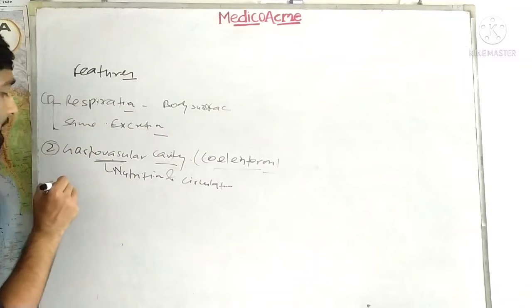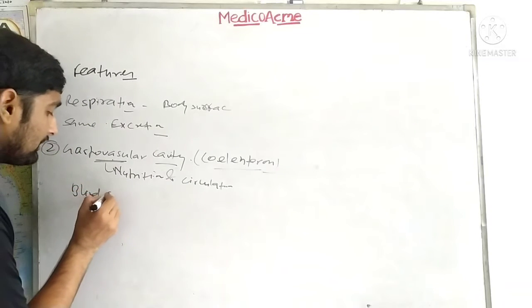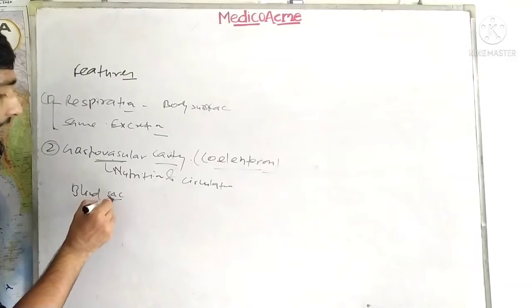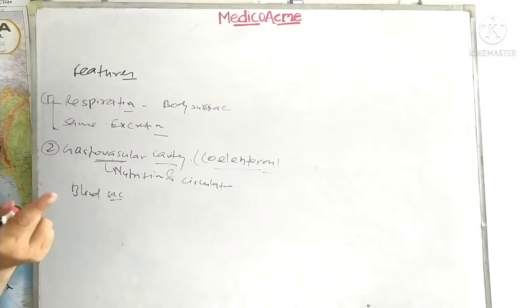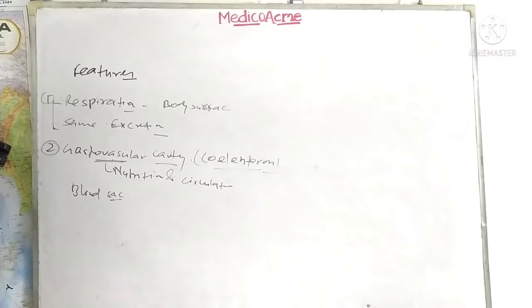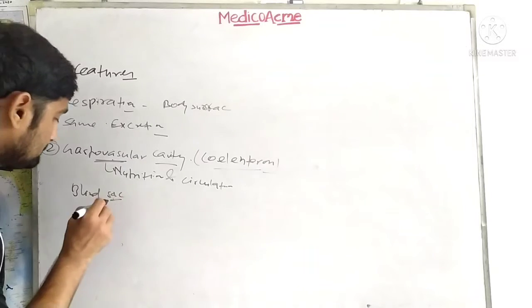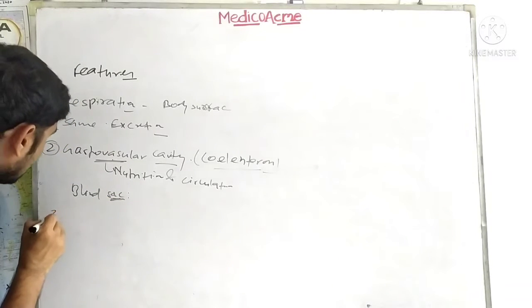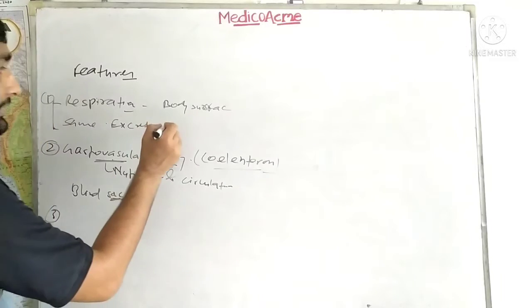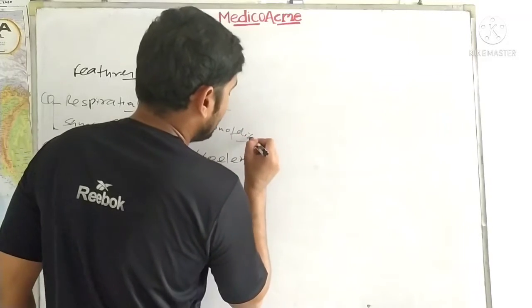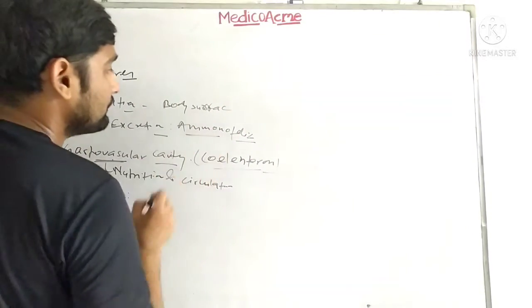Again, the organism has a blind sac plan. What is blind sac plan? Please remember. Blind sac plan is the plan in which there is a single mouth, a single hole, for the engulfing and outgulfing of the waste material or food. So there is a single hole system. The third important thing here is that excretion is through ammonotely. I have gone into detail on this when I was covering the features of the animals.